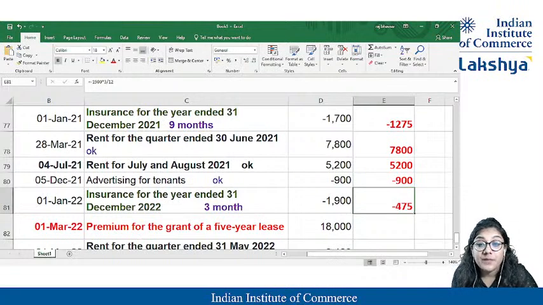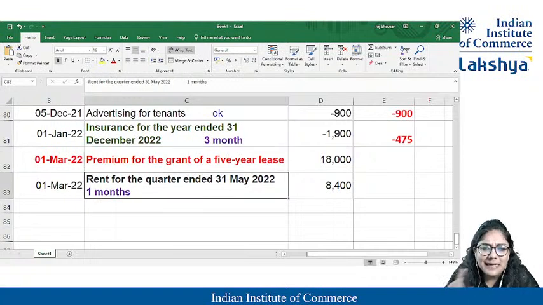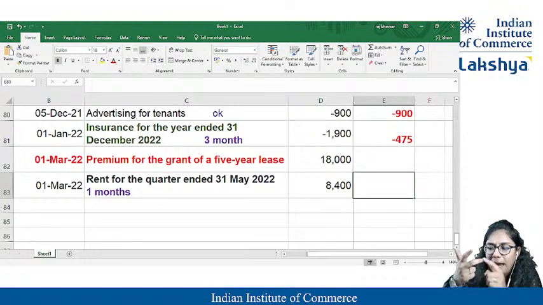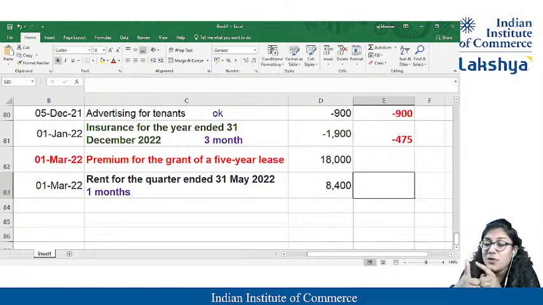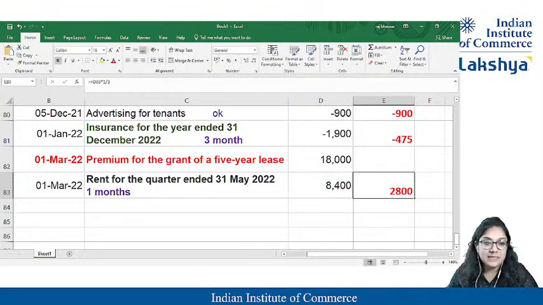Students, we need to do this. For the premium, I will take you to the working note, need not worry. But for the rent for 1 month, it's from 1st March till 31st May. This was on the day I paid, but this is for a quarter: March, April, May. April and May are for the next year, not my year. Only March is my year. So this is multiplied by 3. Over here we make mistakes. I can write it as 3 by 12. Will that be fine? Ma'am, it's 1 by 3. Okay, so 2800 will be the situation.